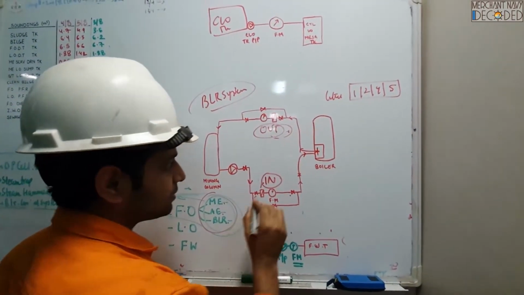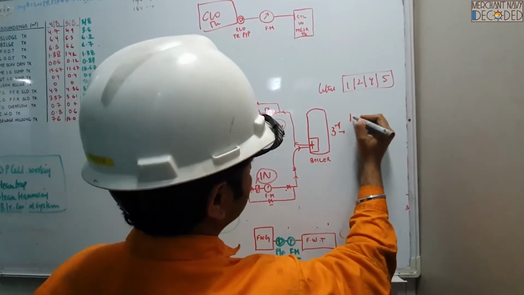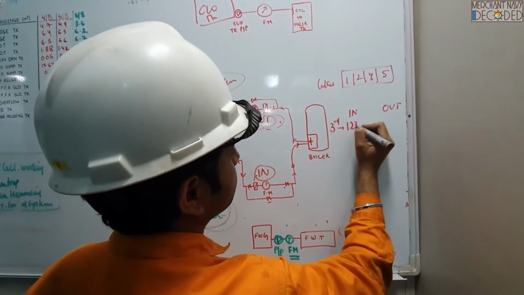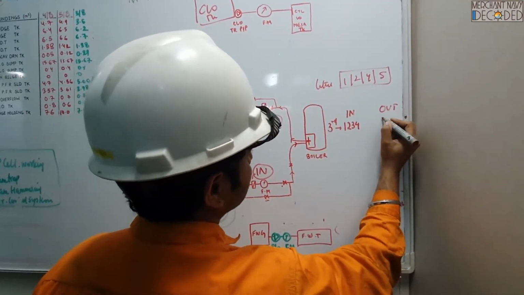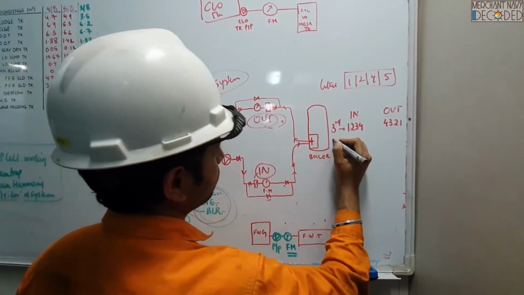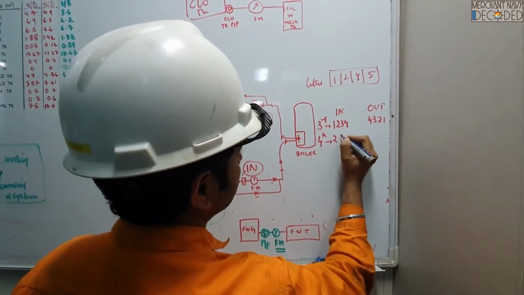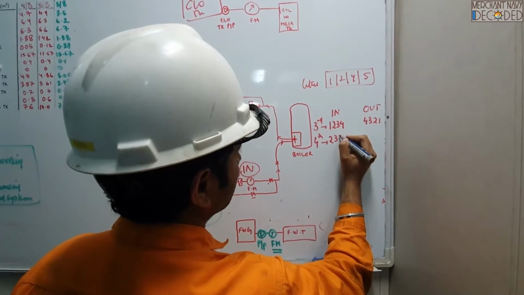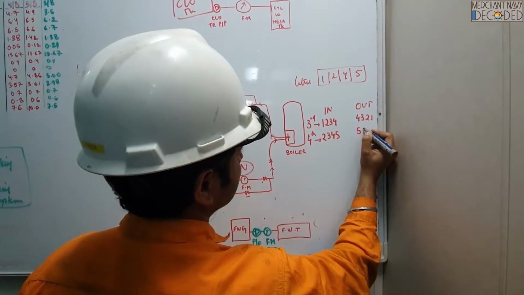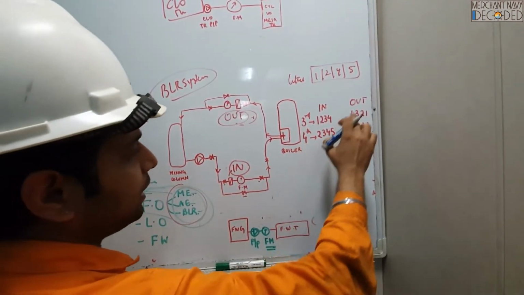So what happens is, on the third, I take both the readings, in and out. In says it is 1, 2, 3, 4. Out says it is 4, 3, 2, 1. Okay, fine, no problems. On the fourth, I take the reading. It is 2, 3, 4, 5. It is 5, 4, 3, 2, something like this. So in reading is this, out reading is this.